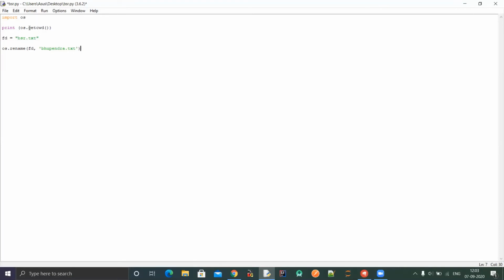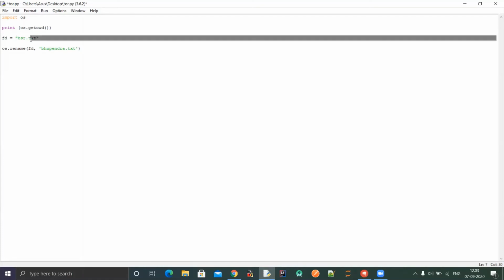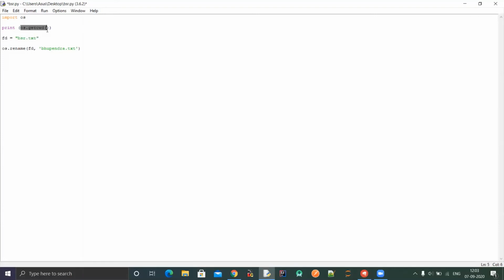So guys, in this file I am importing the OS module by using the import statement. Then I am printing the current directory where this file has been stored in the computer by using the getcwd function of the OS module. Then I am creating a variable whose name is bsr.txt, and bsr.txt is a random file which is stored in this current directory.